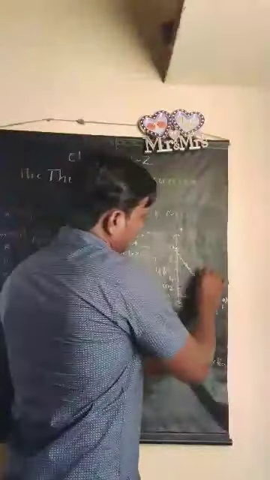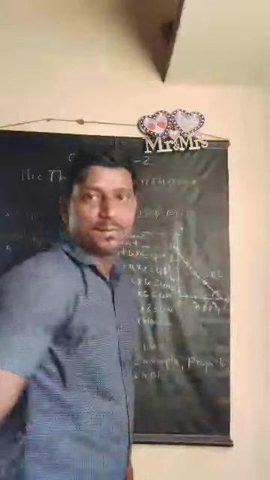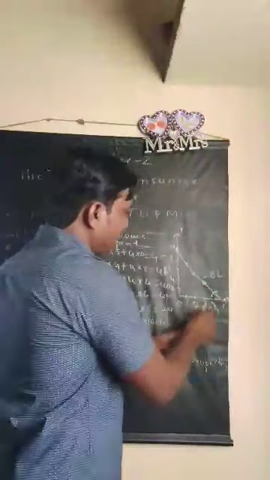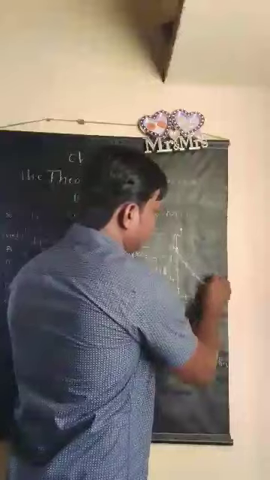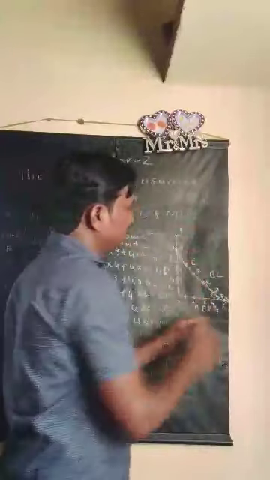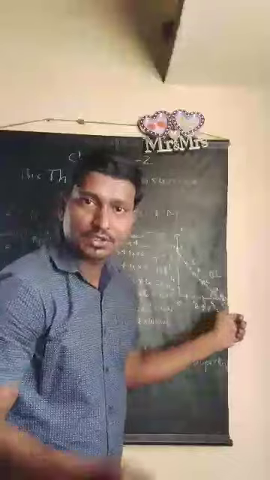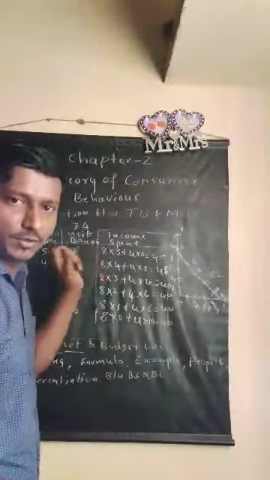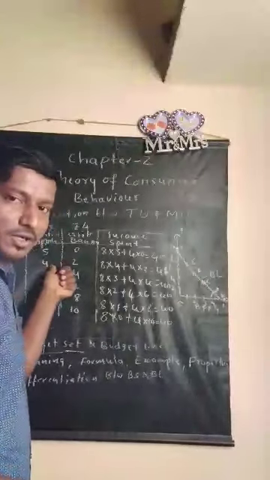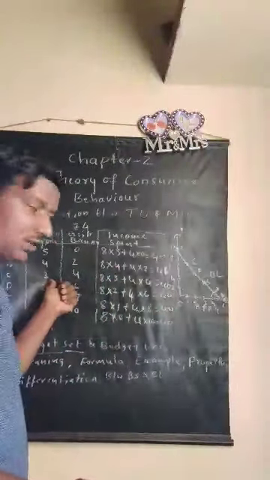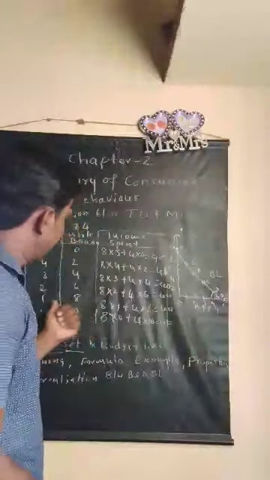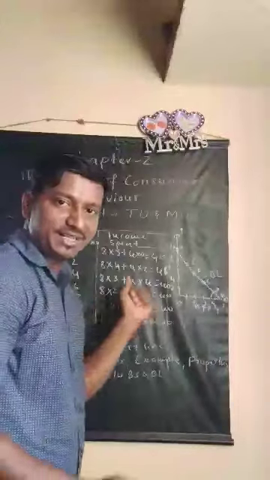this is what I am going to call the budget line. The budget line, as I already told you, is the graphical representation of the budget set. Here, these are the different combinations: A, B, C, D, E and F. In combination A, what are the different units of these two that I can purchase? At A, I may purchase 5 of apple, 0 of banana. At B, 4 of apple, 2 of banana. At C, 3 of apple, 4 of banana. At D, 2 of apple, 6 of banana. At E, 1 of apple, 8 of banana.